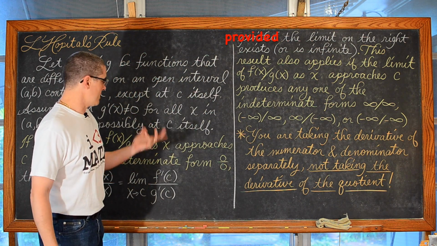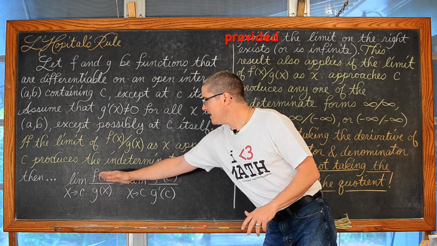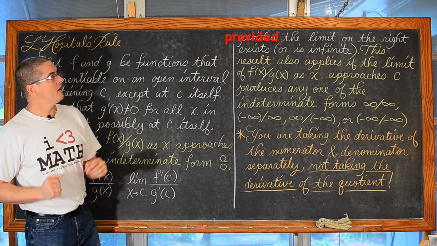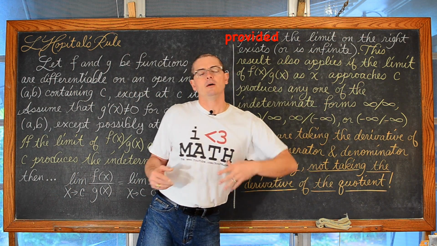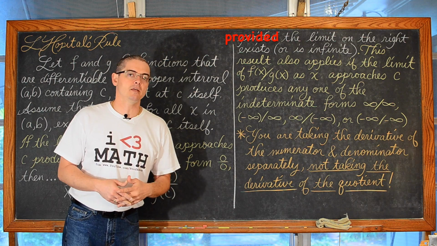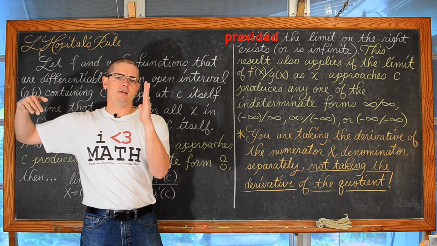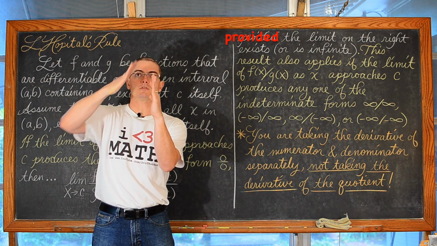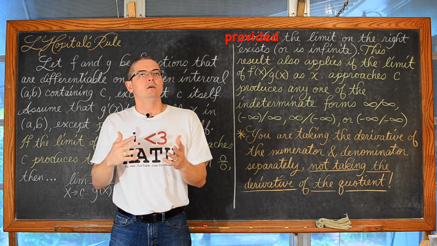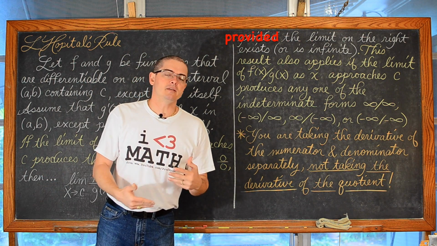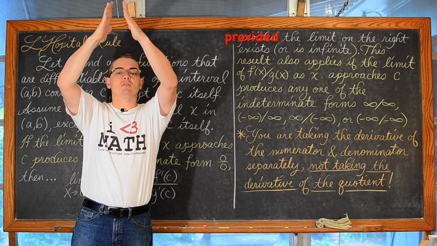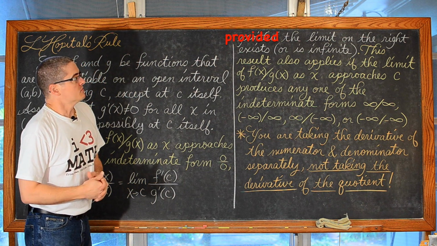Provided the limit on the right exists, I guess I could just keep reading the thing here, right? Then the limit is blah, blah, blah. Provided the limit on the right, that's this thing right here, exists or is infinite. Now, an infinite limit is not a real limit, but it's still something that we can say, like the function approaches infinity. If a function at c is undefined but approaches infinity from the left and from the right, then the left and right hand limits are equal. Thus, the limit exists, but saying that the limit is infinite is also saying the real limit doesn't exist. But if it approaches infinity from the left and the right, then we do have an infinite limit. It's just not a real limit.